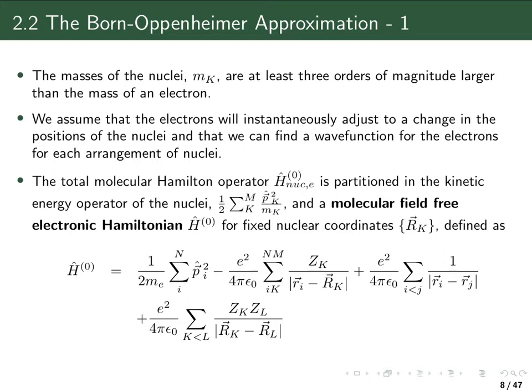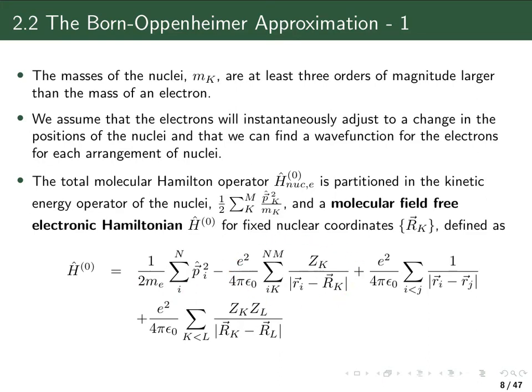Let us therefore partition the total molecular Hamiltonian operator, which we had written up in the last lecture, in two parts. One part is the kinetic energy operator for all the nuclei in the molecule, and then the rest, which we can call the molecular field-free electronic Hamiltonian for fixed positions of the nuclei, where we still have the kinetic energy of the electrons,